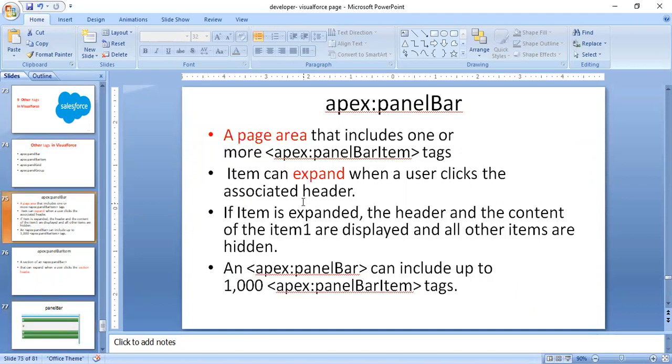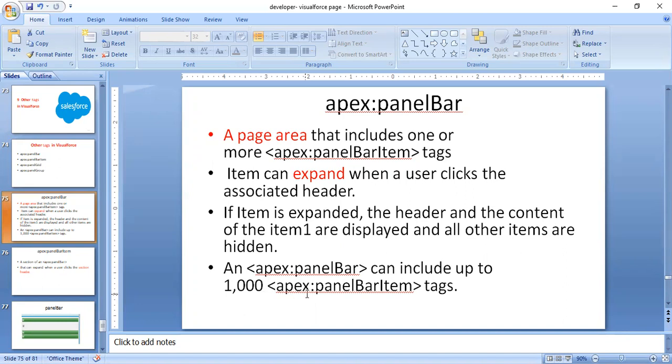In the panel bar, the item expands when the user clicks the associated header. If an item is expanded, the header and content of item 1 are displayed and all other items are hidden. That is called a panel bar. In Apex programming or Visualforce, you can include up to 1000 panel bar items.